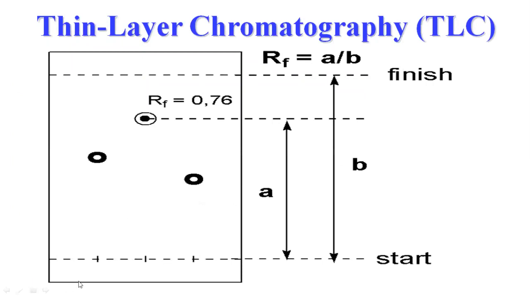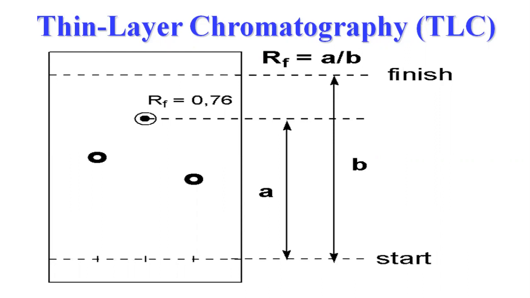So this is the start point. We spot the sample, and when we place the plate, the mobile phase travels up to here. Here is the thin layer chromatography plate, representing how it looks after development and detection. The baseline is represented at the start, and the distance traveled by the mobile phase is represented at the finish. We get the spots after spraying some reagents, so we also have to calculate the distance traveled by the spots. Then we can calculate the RF value.